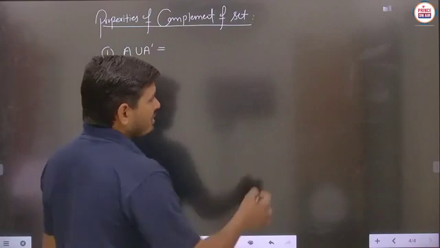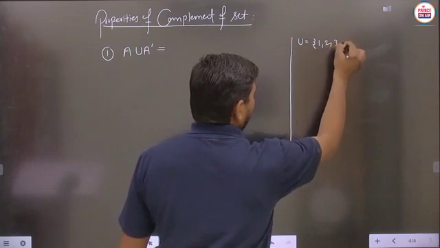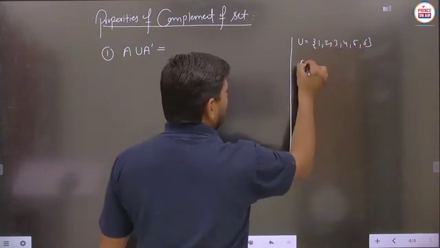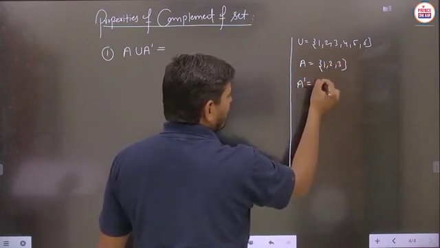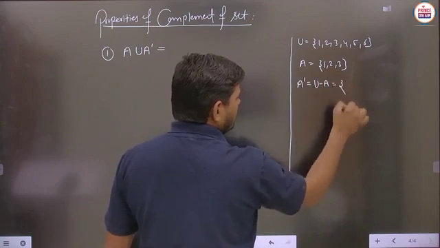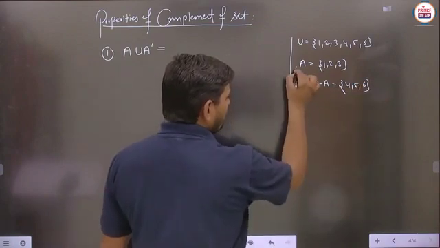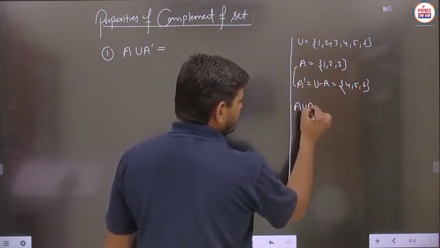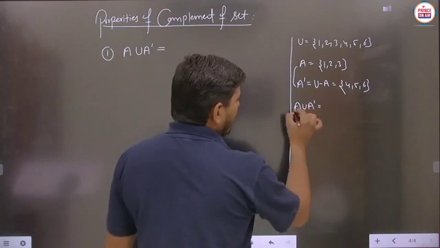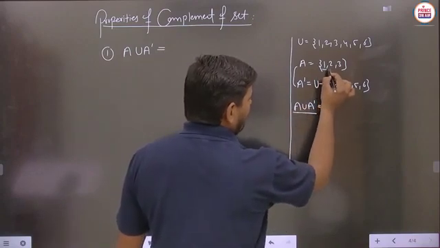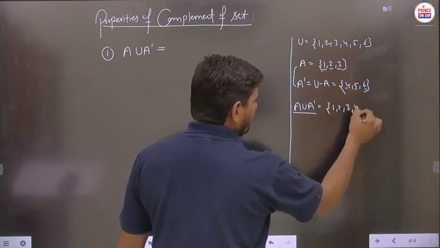So basically student, you can see this part here. Suppose you take any universal set, and this is given as 1, 2, 3, 4, 5, 6, and any set A you can take 1, 2, 3. Then what should be the answer of A dash? That is U minus A. And what should be the answer of U minus A? So U minus A you can calculate, then it should be 4, 5, 6. Now we want to calculate the A union A dash. Here A union A dash will contain 1, 2, 3 and 4, 5, 6. So the whole answer will be written as 1, 2, 3, 4, 5, 6.